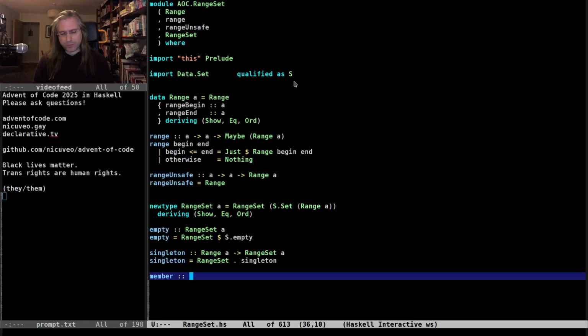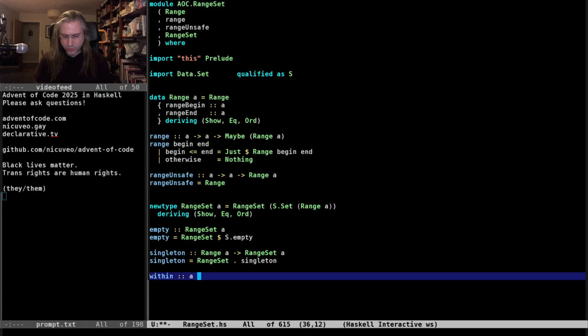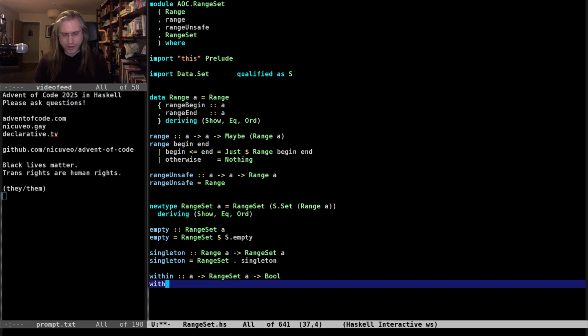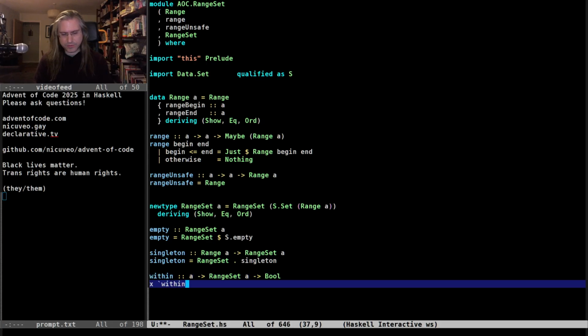Do I want to... Yeah, I'm going to call it member just because most containers use that term. I think within would be a better term for ranges, so maybe I'm going to call it within. Because it's not a member of the set, it is of the range set. It's within the ranges in the set. So I have some value A, I have a range set of A, and I will want to return a Boolean value that tells me whether that value is in the thing. And the upside of having within as the function name is that I can do x within a range set